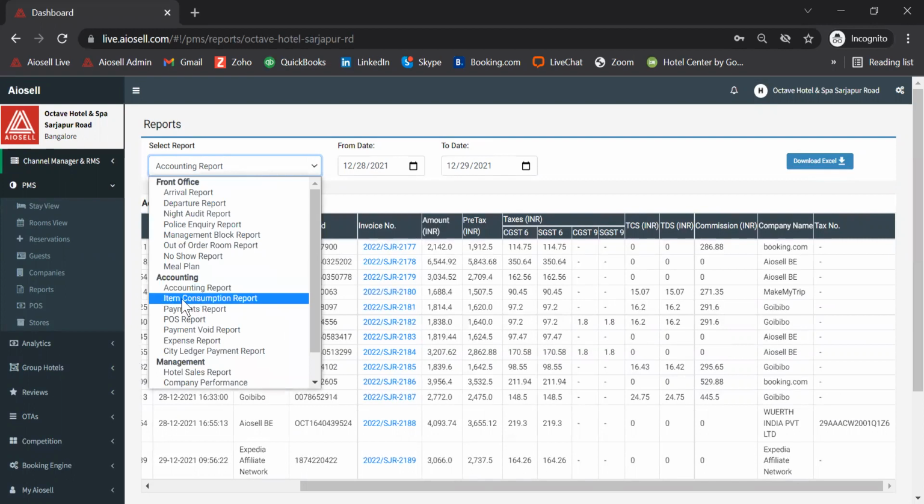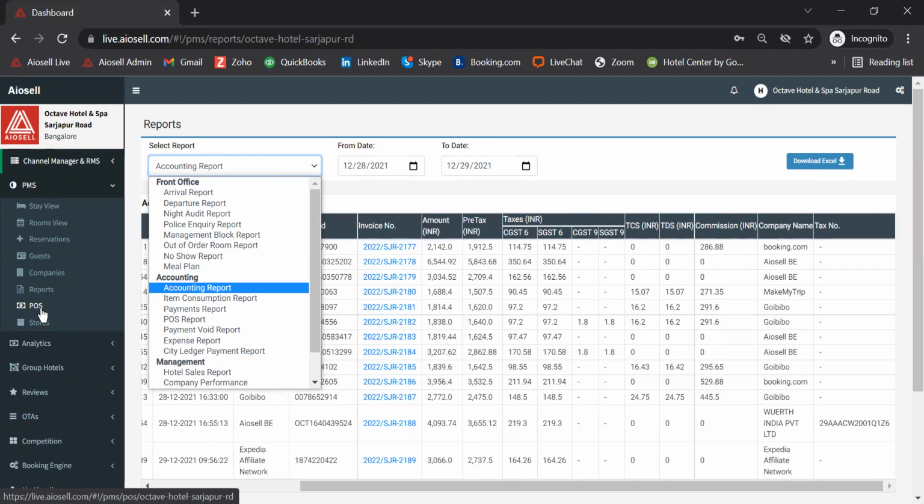The next is the item consumption report. Now, we also have a point of sale which can be set up in case a hotel has a bar or a restaurant or a spa. These individual outlets can be set up as different point of sale.